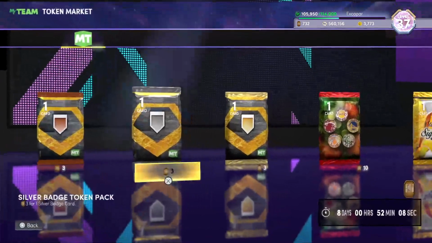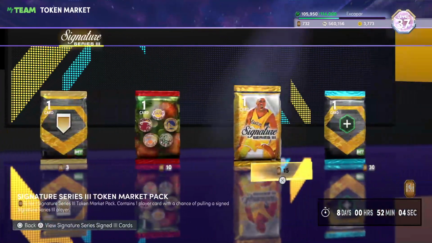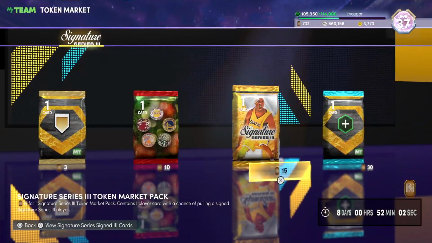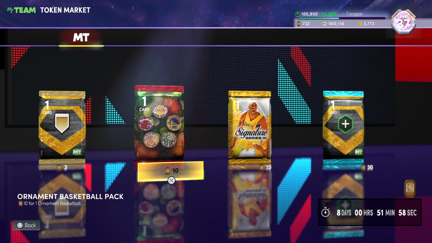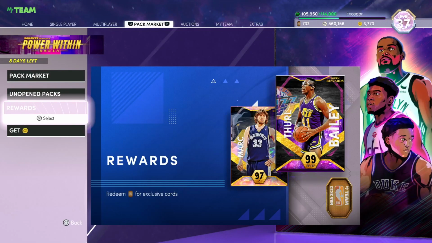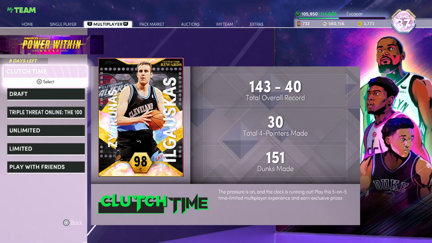But another thing that a lot of people do is they head out here to some of these badge packs. Some people pick up some of these packs whenever they want to, although these are resetting in 8 days. I'm gonna pick up some of these shoe boosts, maybe these ornament ball packs. I think some of them actually go for a decent bit. You could use your tokens on that, try to get up some MT, but I honestly would recommend just